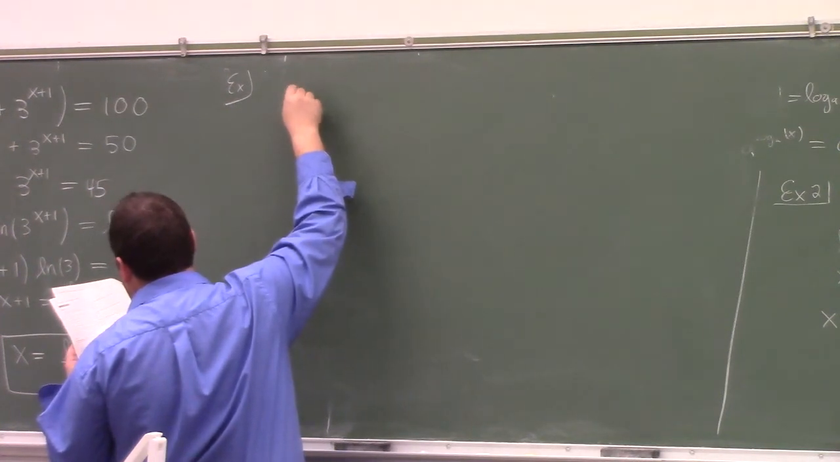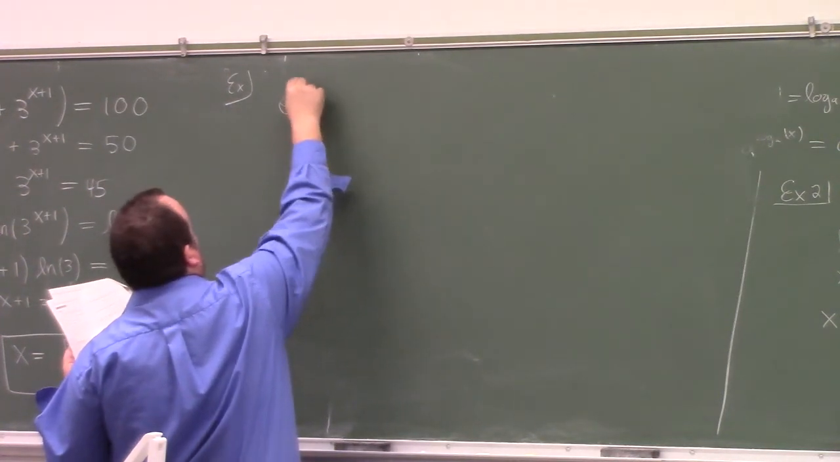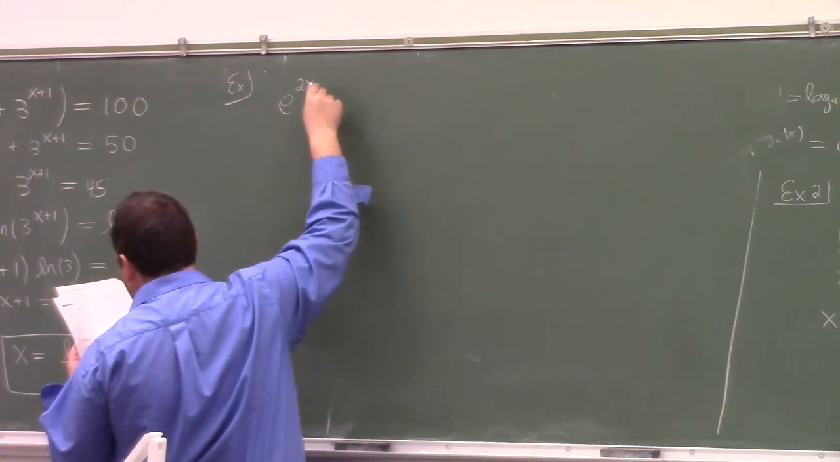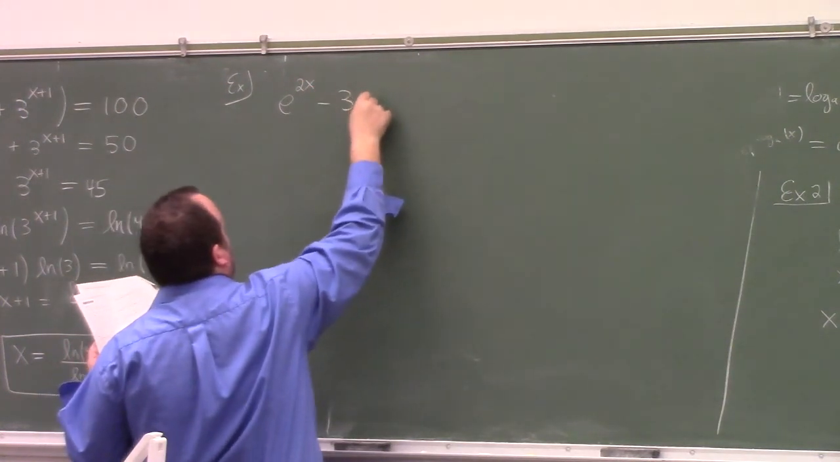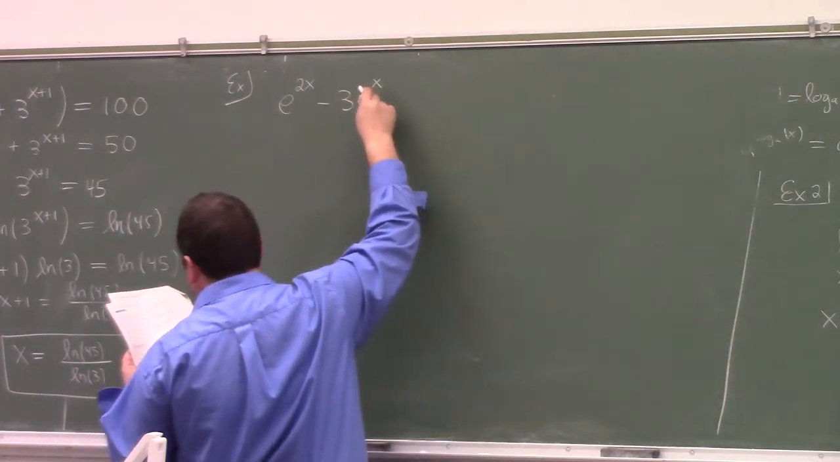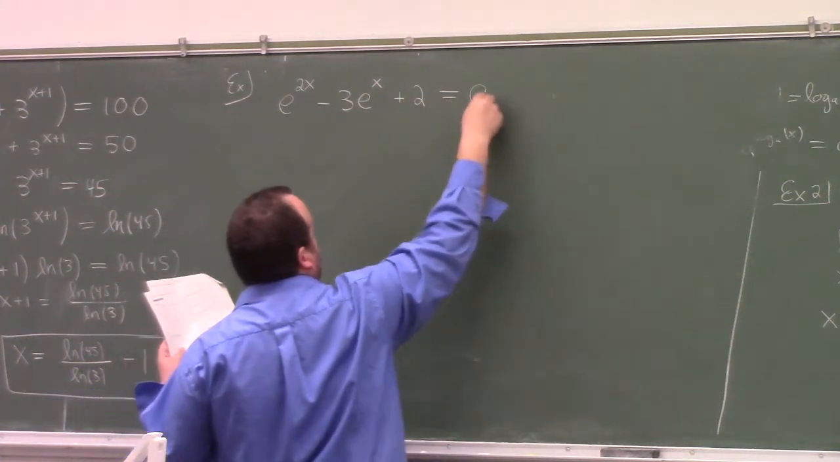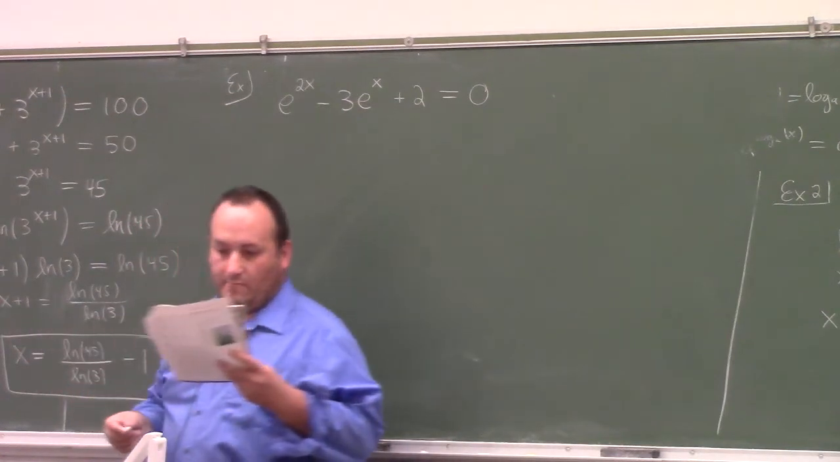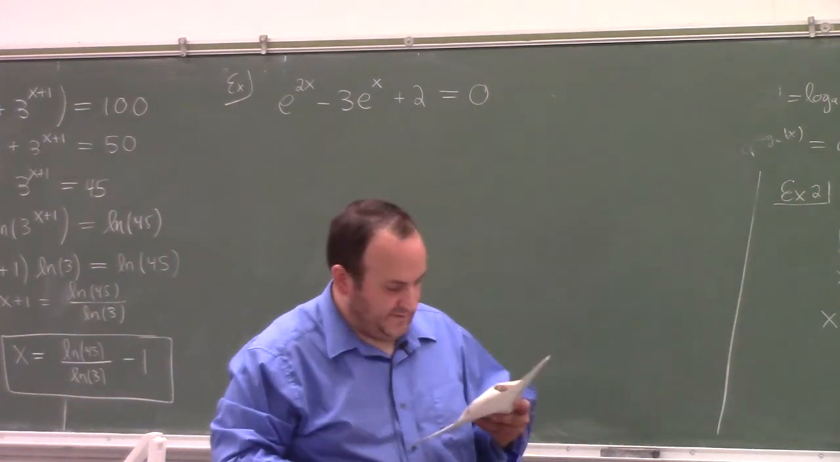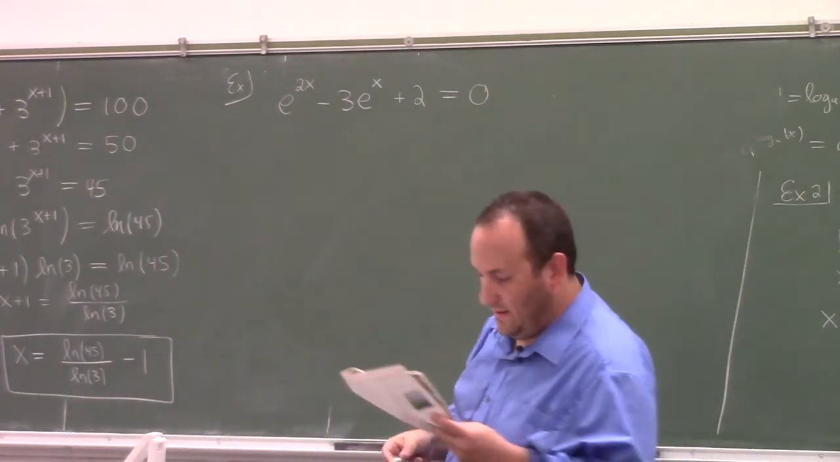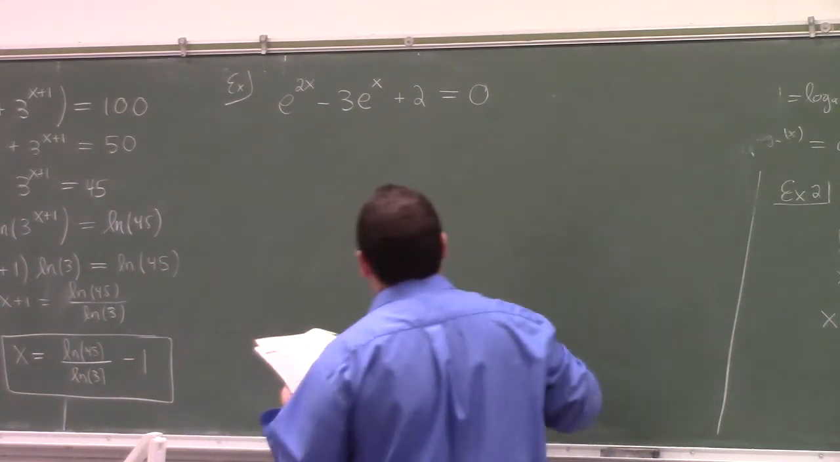He also has some examples here that are kind of sneaky. e to the 2x minus, I mean, this is kind of the next level. This is a more sophisticated example in terms of the trickery going on here. This is number 39. And there are other examples,